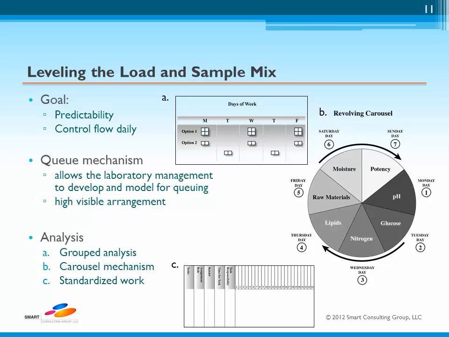This is developed from knowledge and data generated from historical operations and is based upon accurate processing times for each particular analysis. Together with information about the best size for a batch to be processed, it allows the laboratory management to develop and model queuing, which specifies a must analysis start date and the acceptable efficient size of the sample